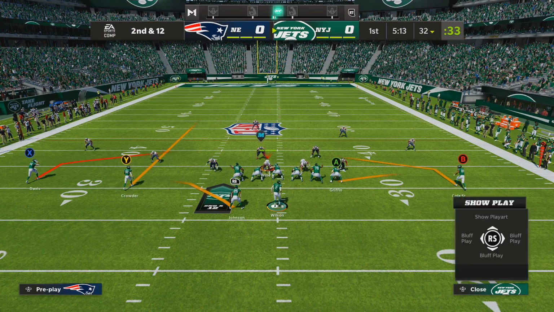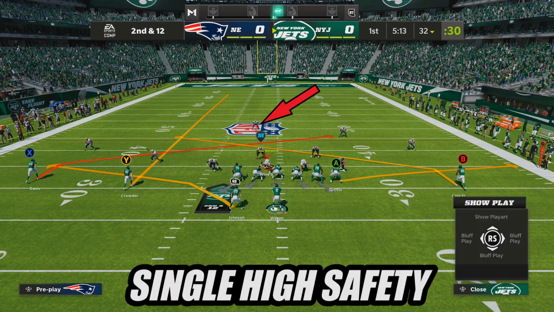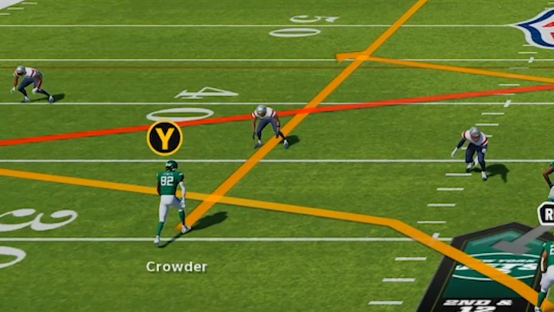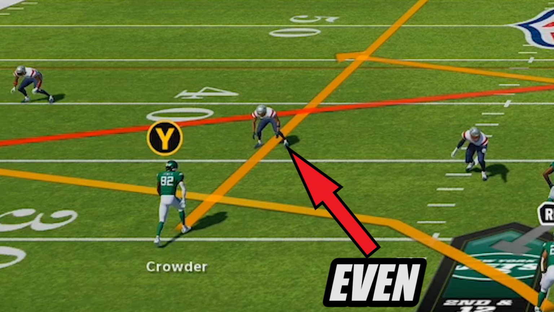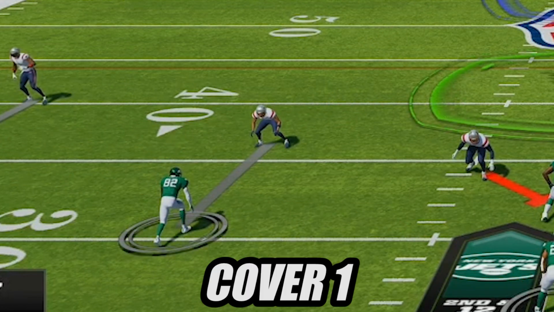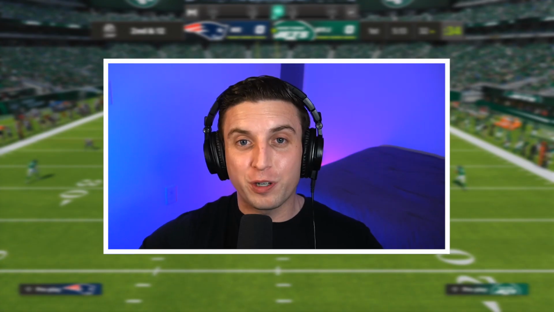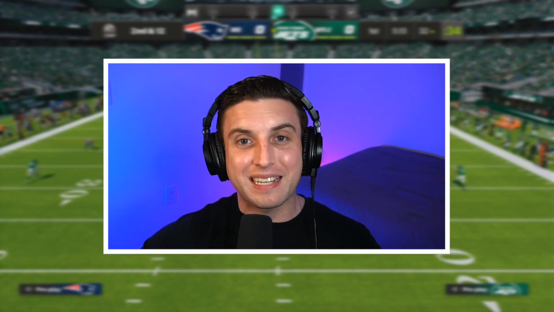In this case, the correct read would be seeing the single high safety to narrow it down to cover 1 or cover 3, and then looking at the alignment of the inside cornerback. An even alignment with the slot receiver almost always means it's cover 1, while an inside or outside alignment almost always means cover 3. So we just went over a ton of rules about safeties and cornerbacks and alignments,